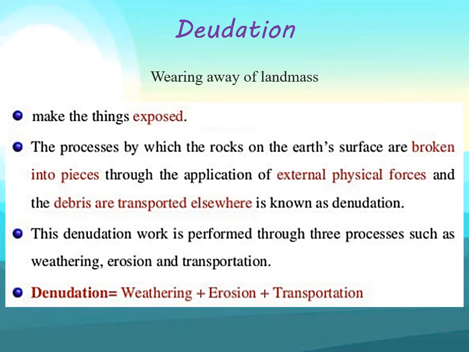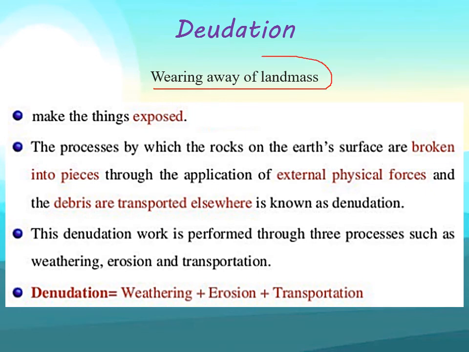Now, when an area suffers different types of exogenous processes, mainly weathering, erosion and transportation, the pre-existing landform is gradually broken down, and whenever the broken fragments, broken pieces of rocks, are carried away from their original in situ position to elsewhere and deposited, then the pre-existing landform with time gradually becomes lower and lower, that is, gradually wearing away.